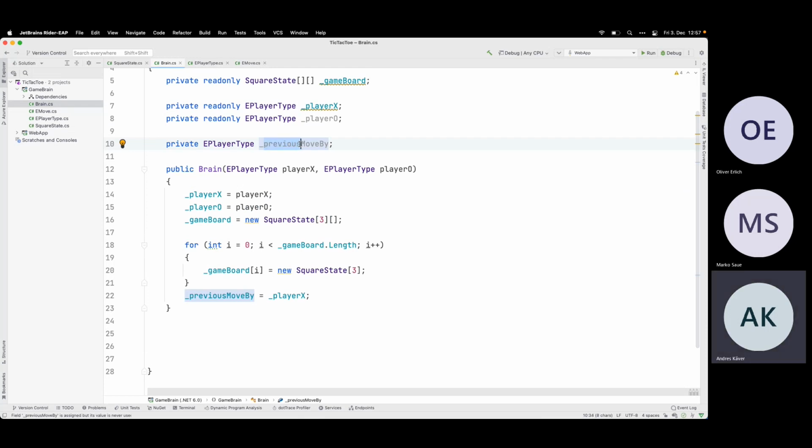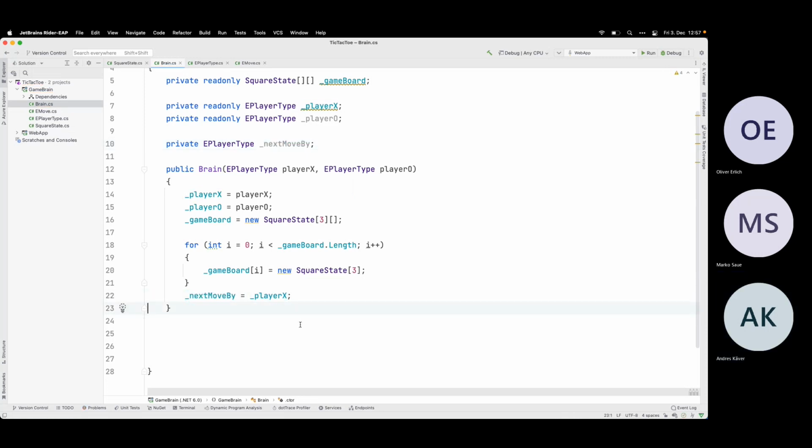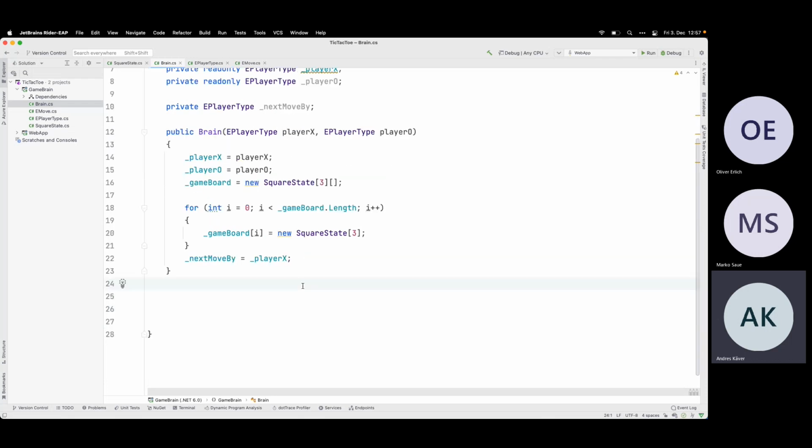So okay, next move will be better. So X will always start in our simple case.